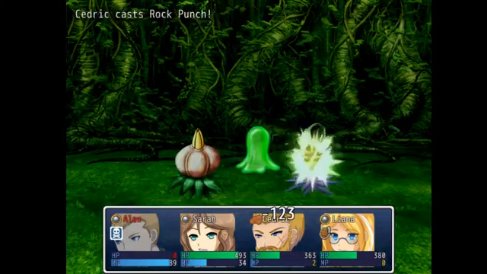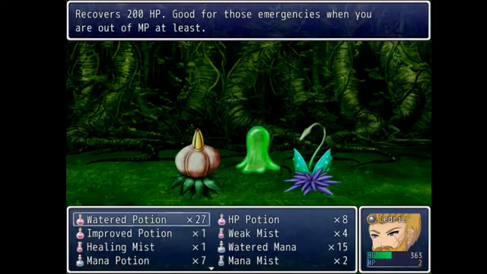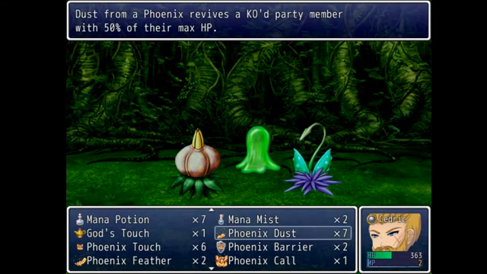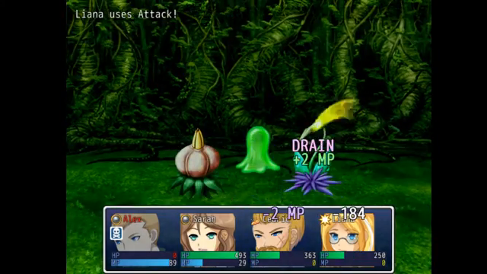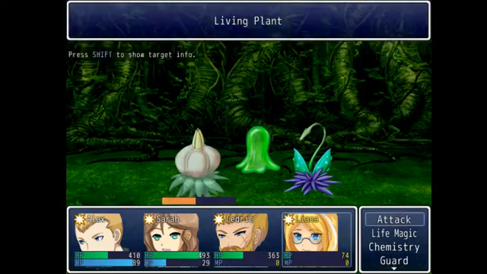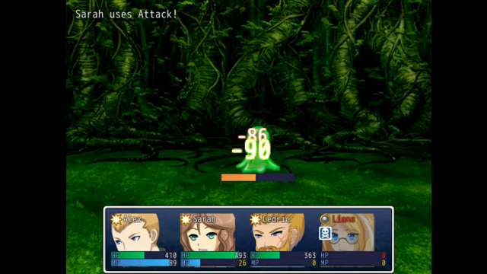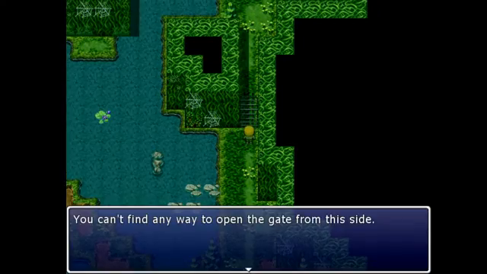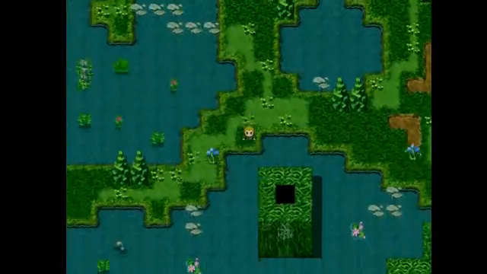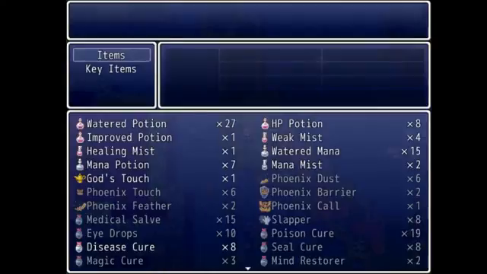So, Liana is out of mana here. Do I have anything to revive? Phoenix Dust. Yes. I hope that that is not some rare item that I'm never gonna find again. Okay, so we killed 2 of them. I mean, I could backtrack towards the healing crystal. It's a pretty long way to backtrack, but at the moment it's kind of looking like my only option. Can't find any way to open this gate from this side. Ugh, and there's a lot of those things down there, so...